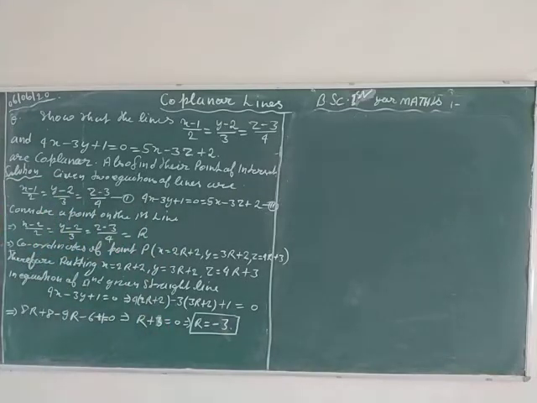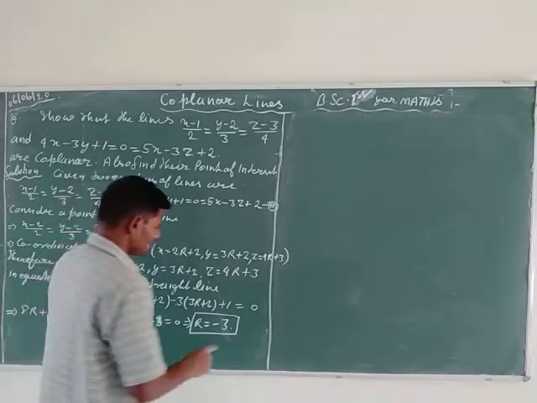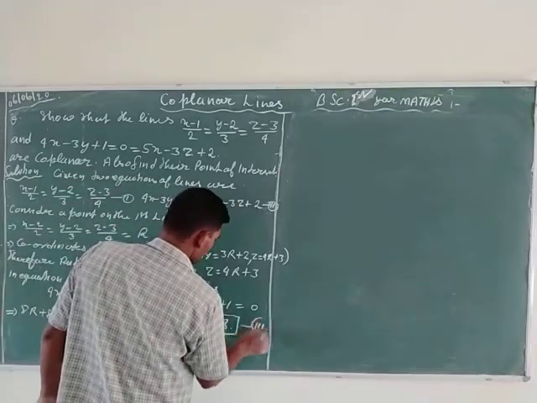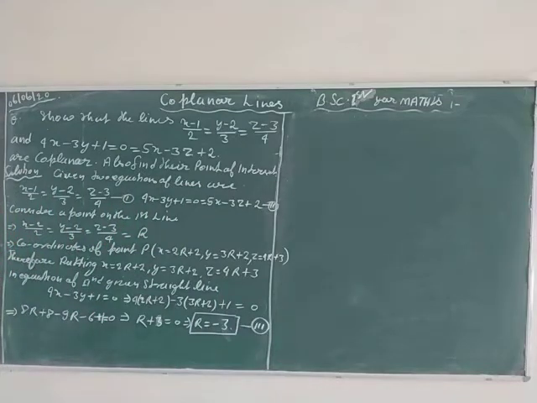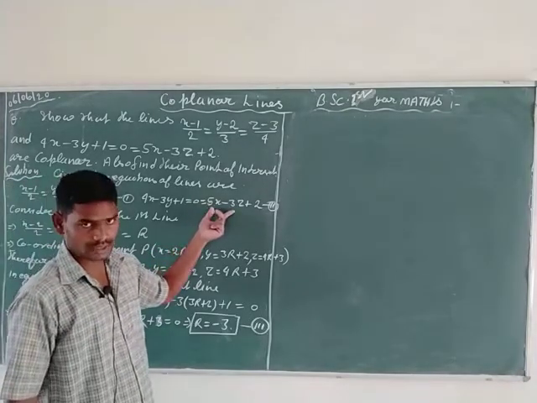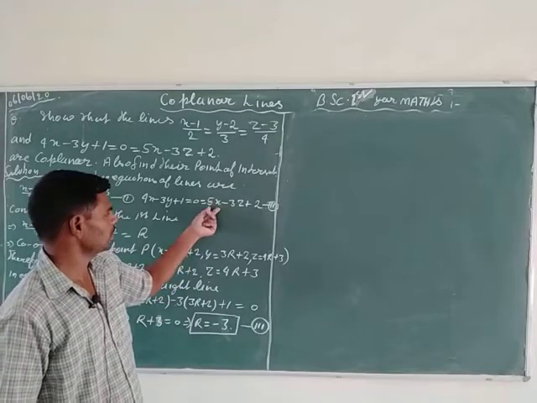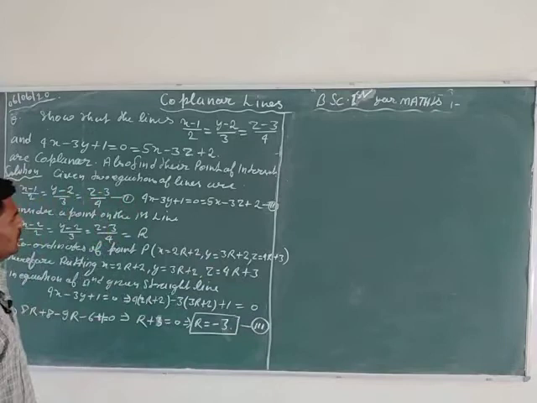This is the value of r, represented by the third equation, the third condition. After this, the values of small x, y, z, meaning the coordinates of the intersecting point capital P, are put into the second intersecting plane. Here the second intersecting plane is 5x minus 3z plus 2 is equal to 0.